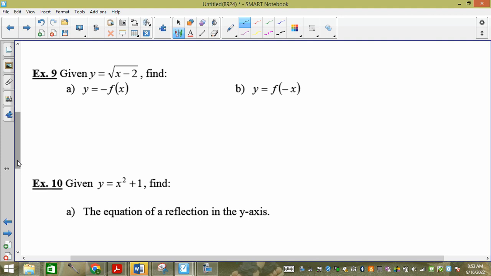We're going to look at this one. Given y equals square root of x minus 2, what happens if we do this? So what are we going to get? y equals what? Where's the negative go? In front. And what do I do when it's a negative x? You substitute it in for x. It's just function notation, right? So it's going to be y equals square root of (negative x) minus 2. I'm just proving a point by putting it in brackets, because when you substitute, you put in brackets. However, the brackets do nothing in this situation. So we could write it as